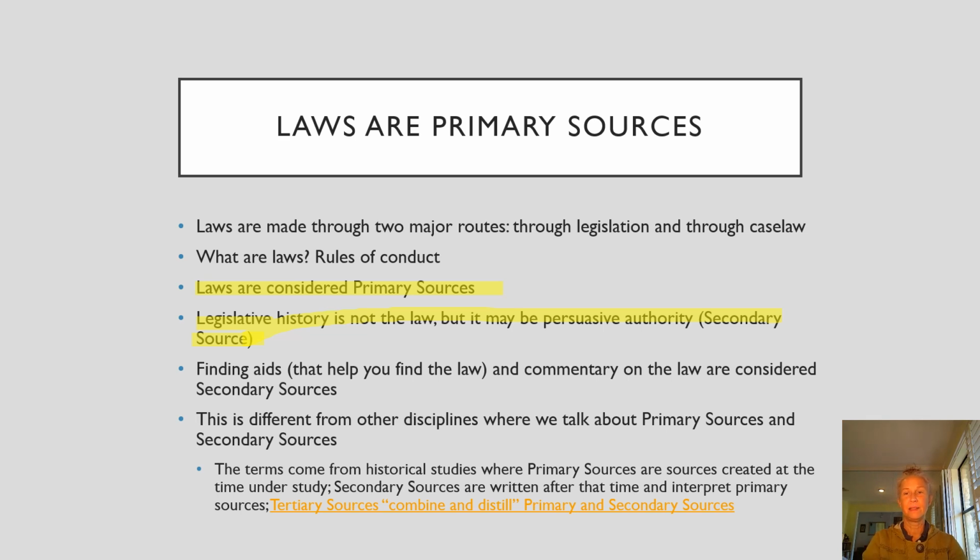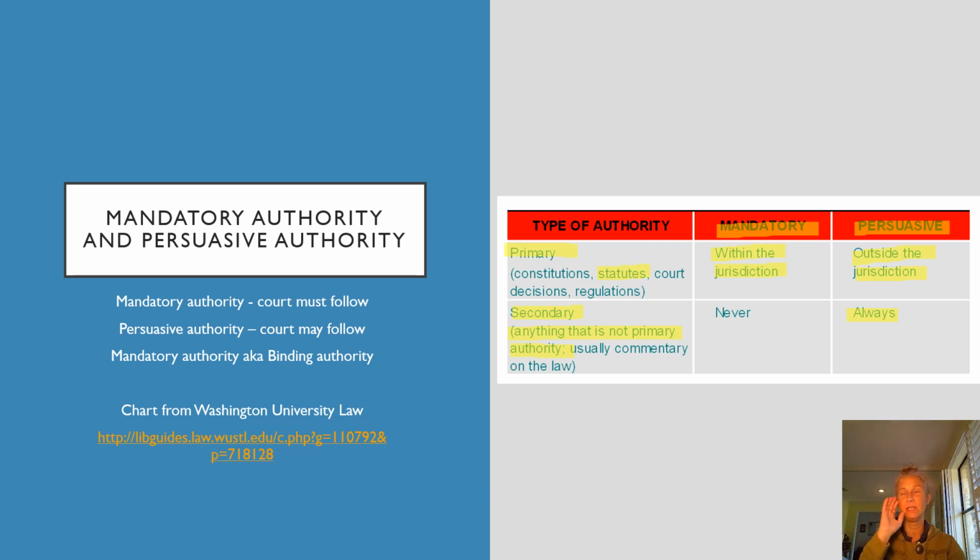So primary, if you come from a humanities background or social science background, these terms just mean something different. So we talked a little bit more about, this is review as well, mandatory authority versus persuasive authority. Statutes are going to be mandatory within their jurisdiction, that's pretty much what you need to know. The court's got to follow it. If it's in that state, that's the state statute. They can't come up with some new law. They can interpret the statute in a different way, but it is binding on them.